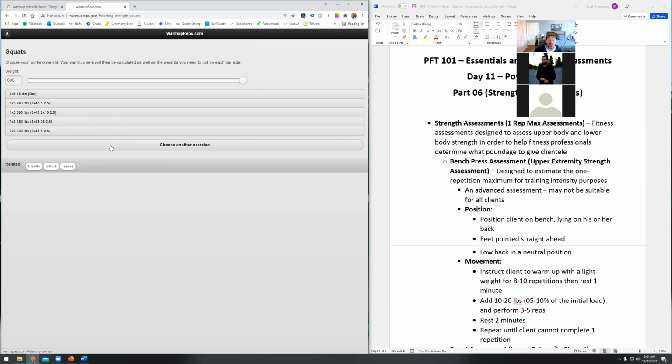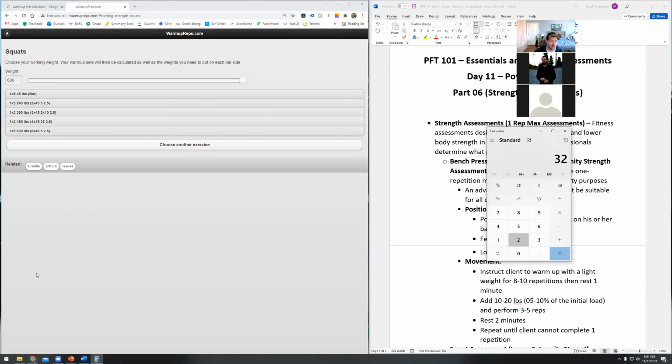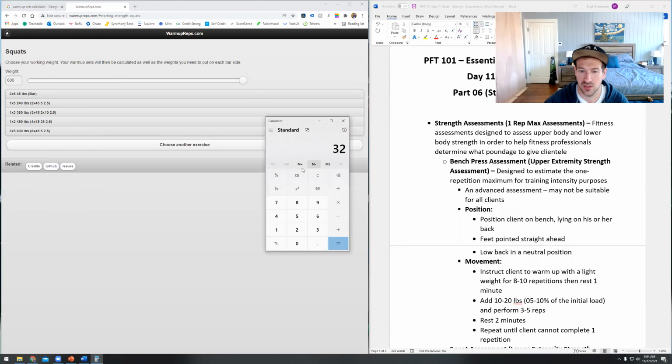1 set of 3 for 360 pounds. So you're really adding some weight there. 1 set of 2 for 480, and then you get into your working sets. And that's working at specific percentages in the background that I'm not 100% familiar with. I don't know what numbers they're using. I guess 240 divided by 600, so they're going at 40% of their 1 rep max for 5, and then